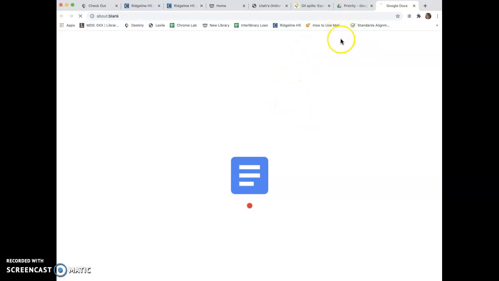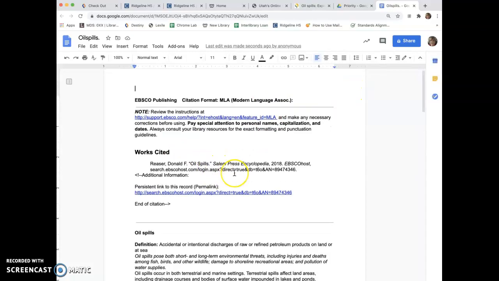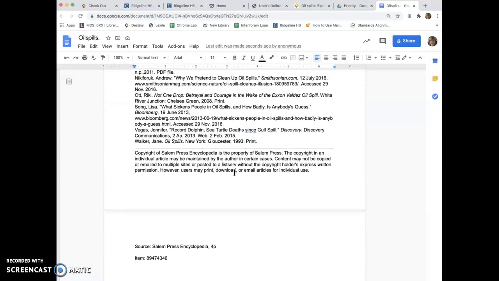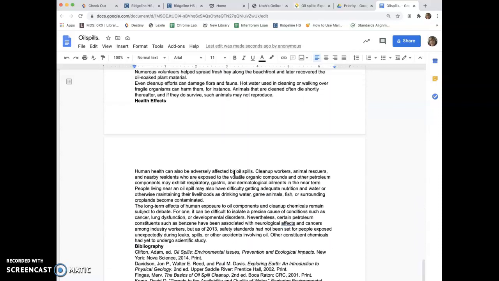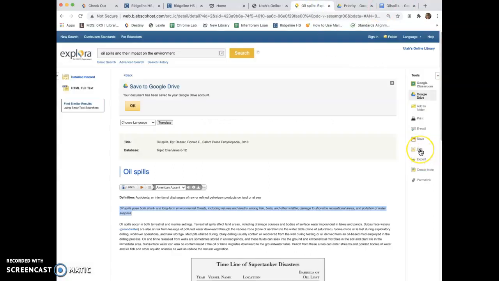This is on the fly, ladies and gentlemen. Yep, there it is. Awesome. What I was hoping to do is make sure that it has a citation at the end, and it does not. So when you do this, you need to also